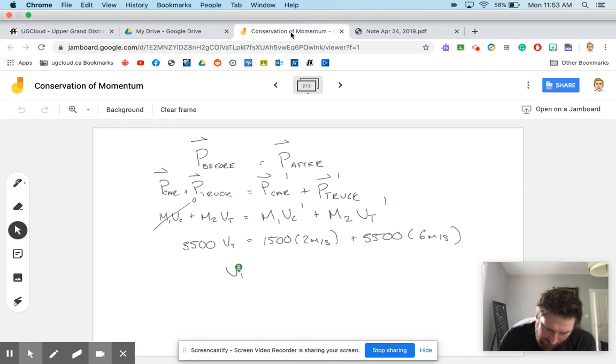So the car's momentum is going to be 3,000 kilogram meters per second, which is the unit of momentum,